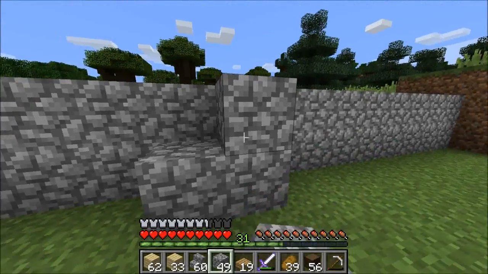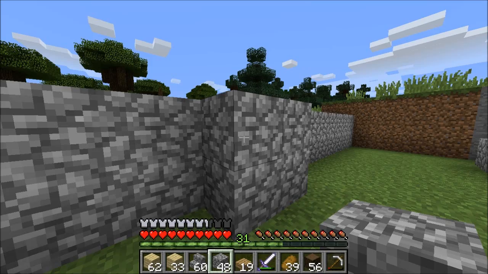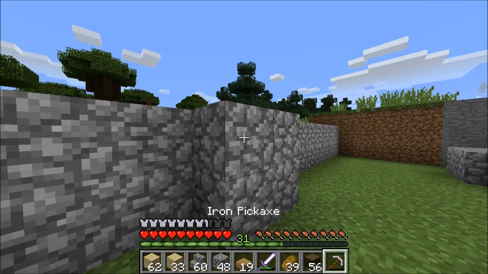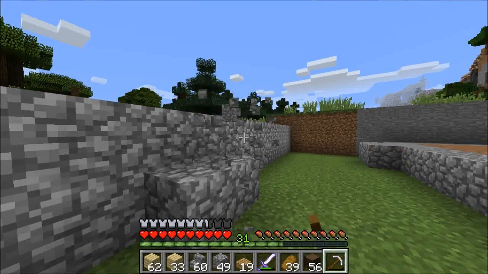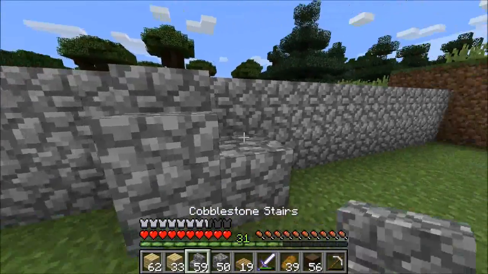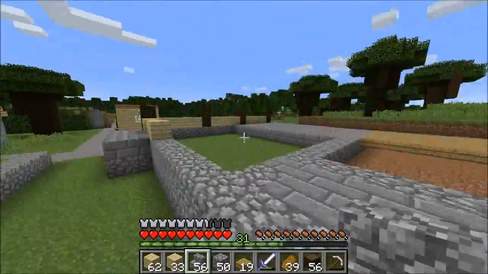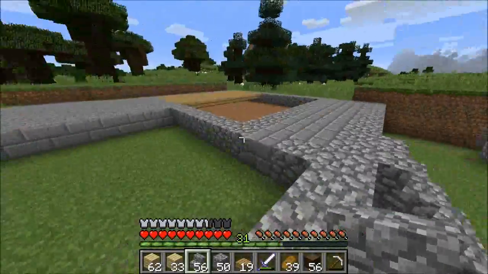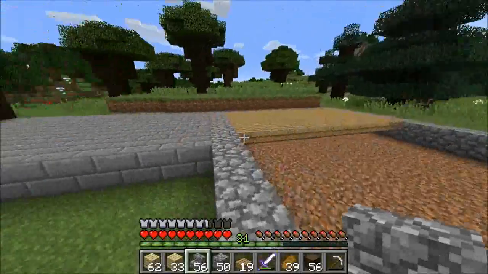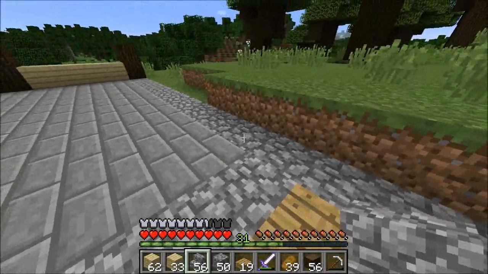Good. So this will be our... No, actually, I don't want that. What I want here are the stairs to go onto the porch. Alright, good. So now we have two entrances to the inns. There will also be a third entrance right here for